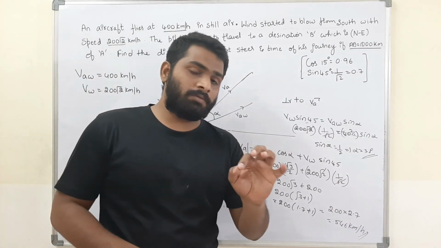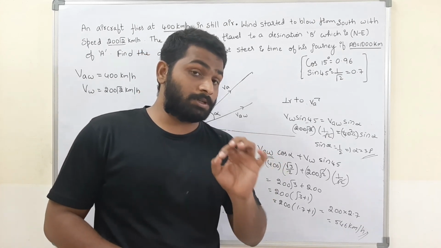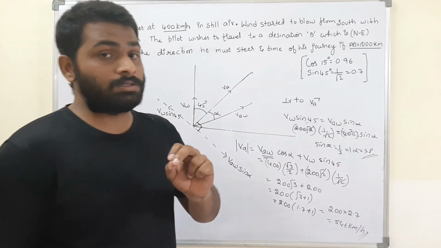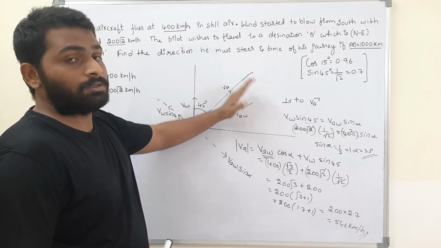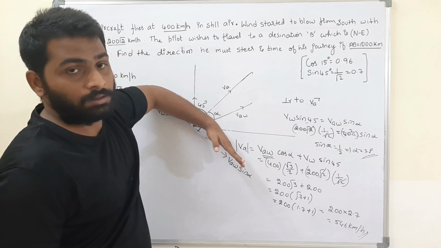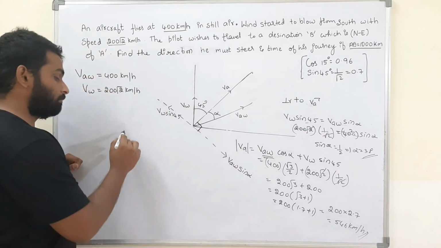The knowledge about the vectors is very important for JEE and NEET students. Not NEET, especially for JEE and advanced students. You should have a very thorough knowledge of the vectors. If you want to find VA, resolve the components along this direction. On the perpendicular to VA, the components must be 0. Very, very important concept.